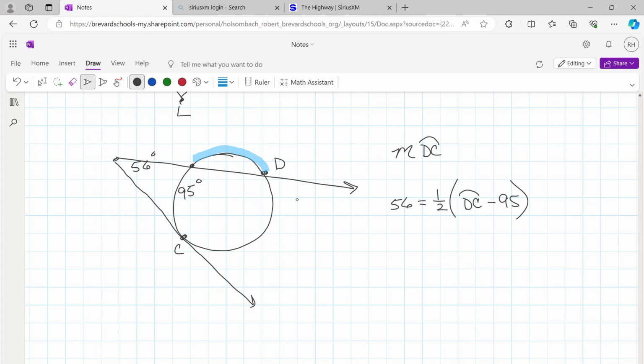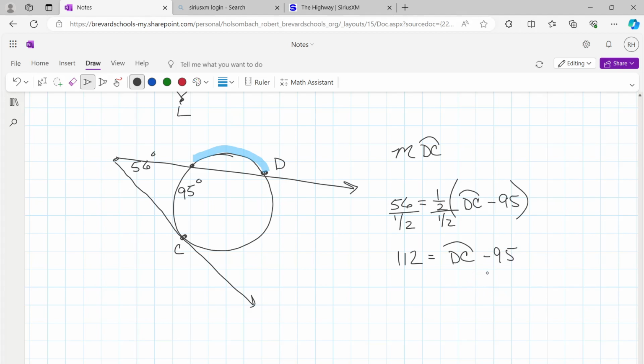The angle formed is equal to 1/2 the difference, big arc minus little arc. So if we divide both sides by 1/2, remember dividing by 1/2 doubles, so we get 112 equal to arc DC minus 95,